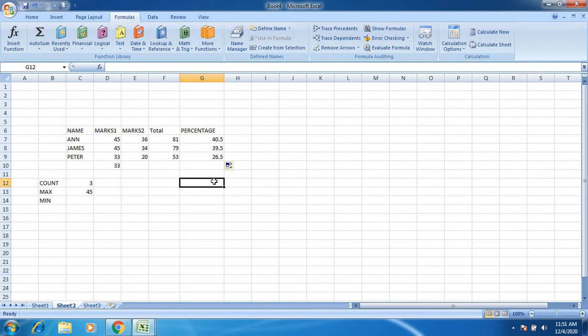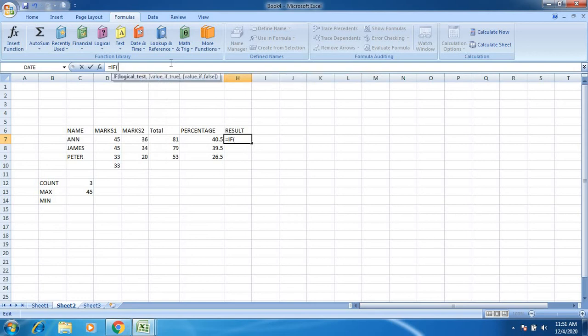And suppose I want to calculate whether the student has passed or not. So, result. The IF condition can be used: suppose marks 1 and marks 2 are greater than or equal to 35, I say the student is passed, or else he is failed.